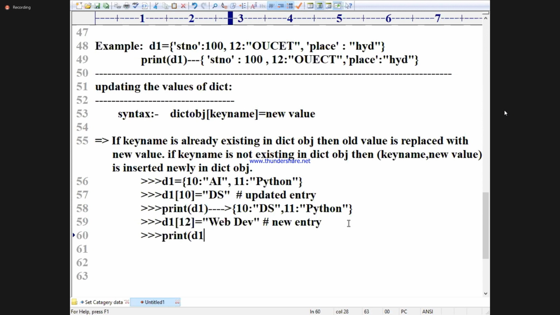What is the answer? 10 colon DS, 11 colon Python, comma 12 colon web development. Is your doubt clarified?